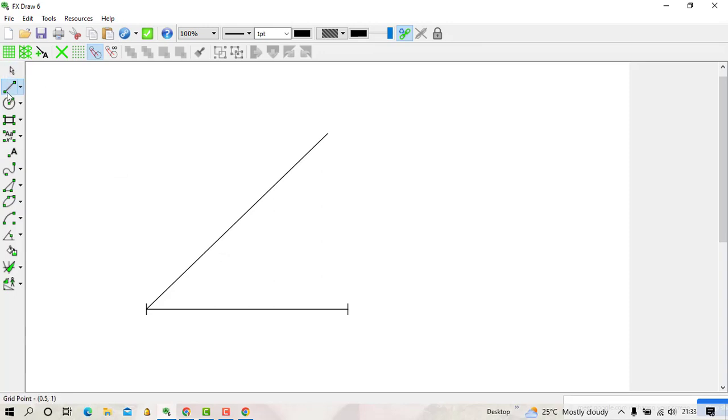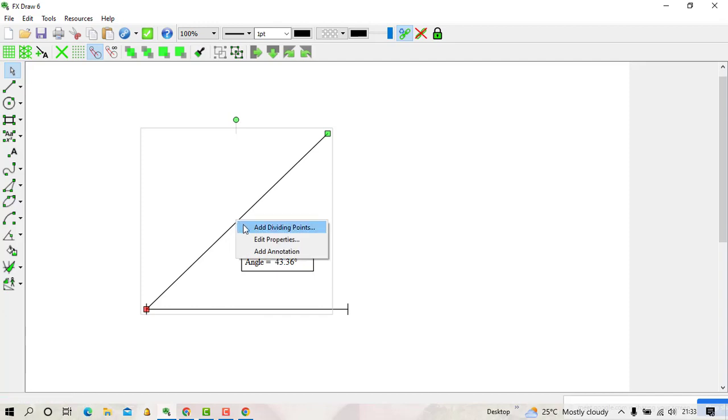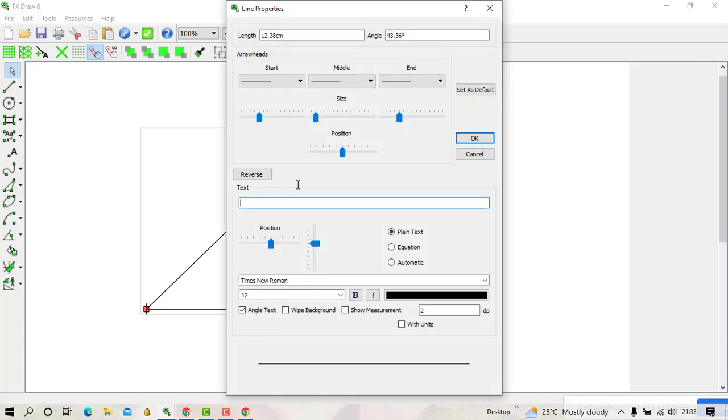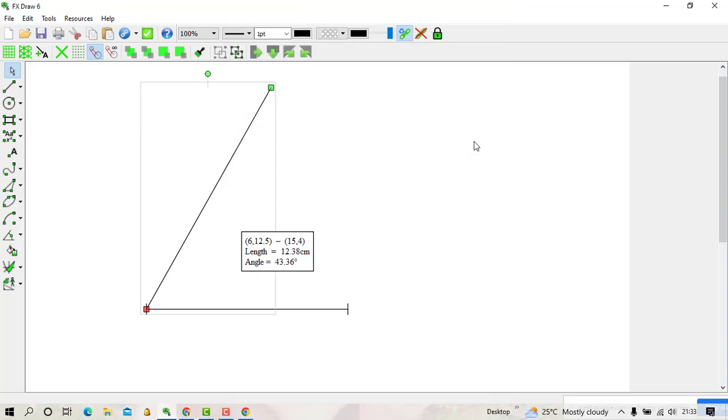So I'll disable the icon for the line, then I come and select the line, I right click, I edit the properties. Then you check which angle the system is giving us. So you find that in the system, it's giving us that the angle is 43.36 according to what I have drawn. So I'll go to that position of arc angle, I type there, I want an angle of 60 degrees. Then I click OK. So you find that that line now is inclined at 60 degrees.